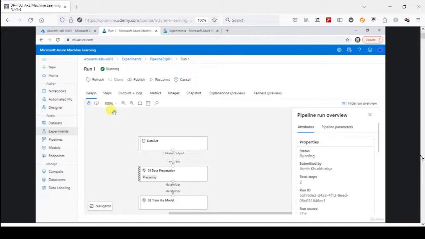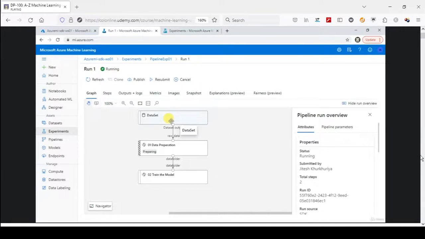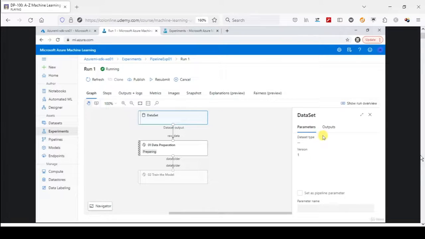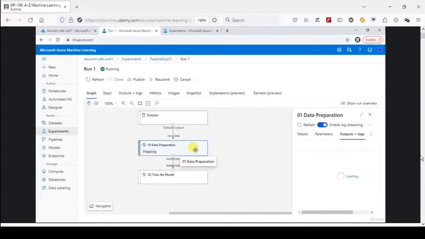And there we have our actual pipeline. Now under the graph, you will see both the steps of data preparation as well as the model training over here. Now this defaults dataset has also been added as an input. The first step of data processing is still under the status of preparing for the required environment and Docker images for it. Then we have the output of data folder from the data preparation step, which is consumed by the